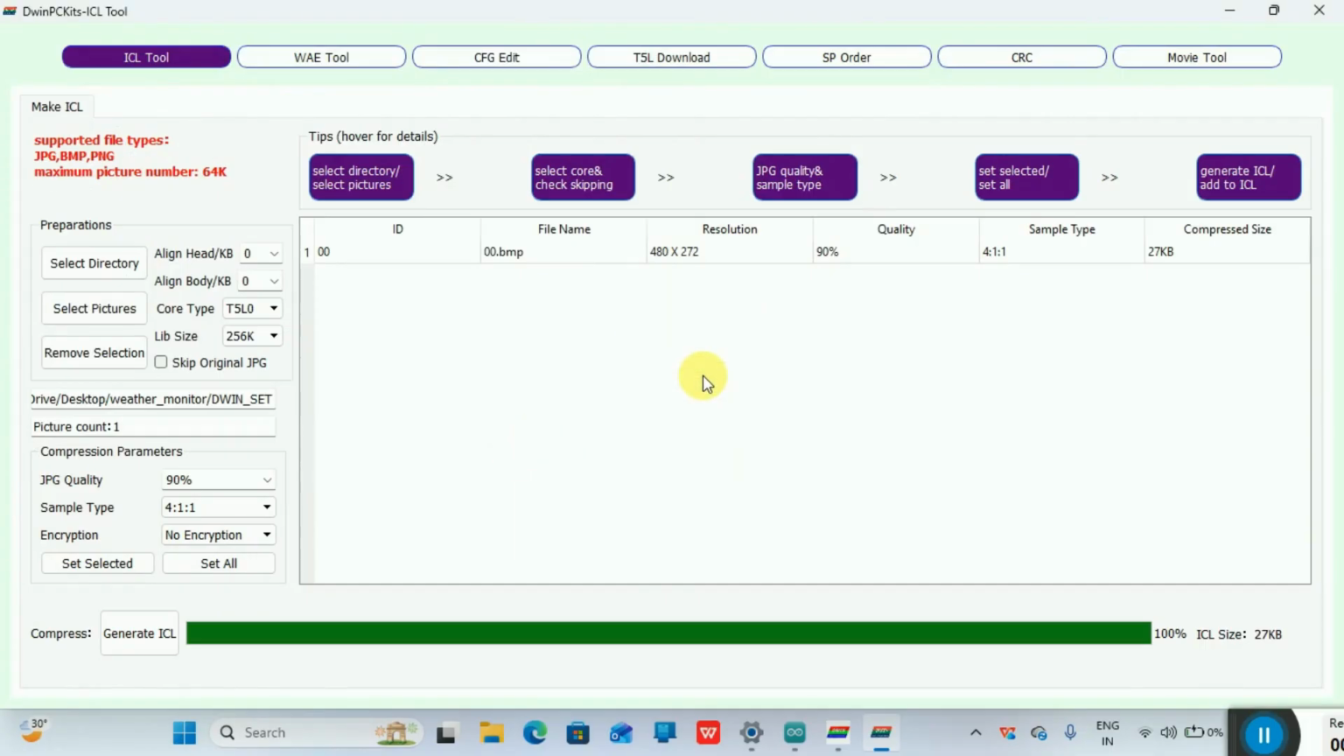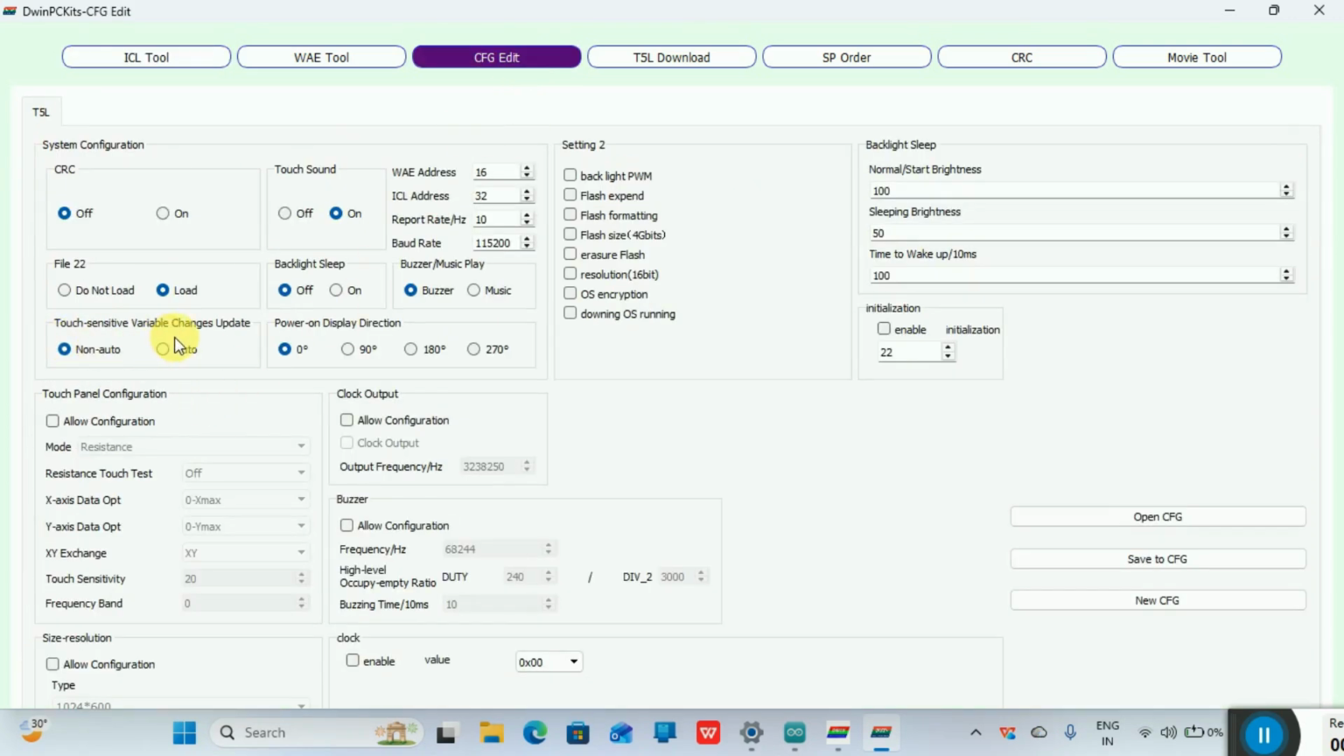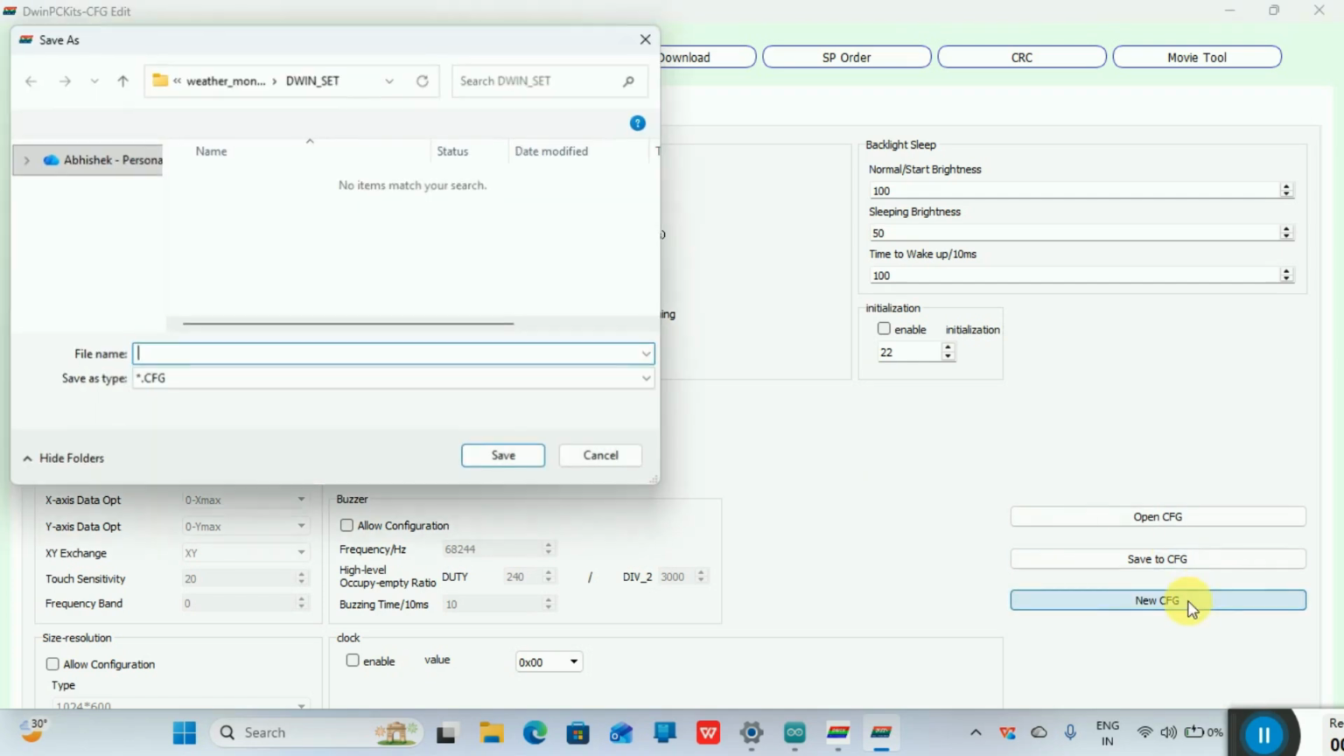And then go to the CFG edit and touch sensitive variable change update, click on the auto, and if you want to change the direction of your display, you can change it, and also you can disable the touch sound, you can enable this, and you have to check the baud rate. So I am using 115200 on the display side, so you have to also configure 115200 baud rate on the ESP32 side also. And now click on the new CFG and give the name of this file